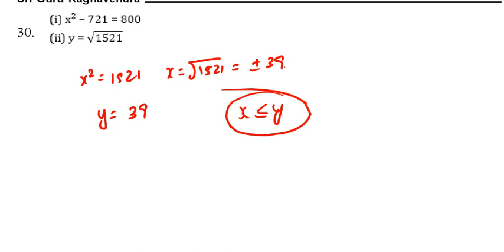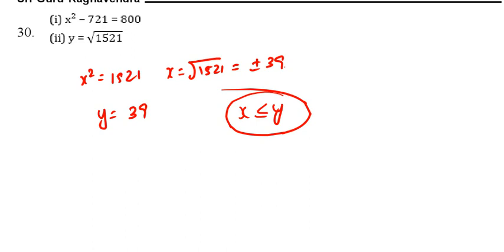It is a 5-digit number. 19,683 is a 5-digit number. You take the first 2 digits, that is 19. 19 is in between 2 cube and 3 cube. The 2 cube value is 8, 3 cube value is 27. 19 is lying in between 8 and 27. Whichever is the lowest, that I have to take. So I should take 2.